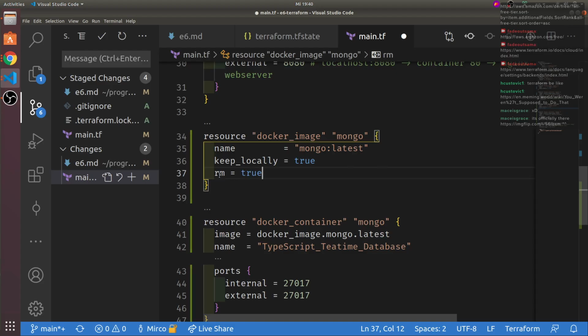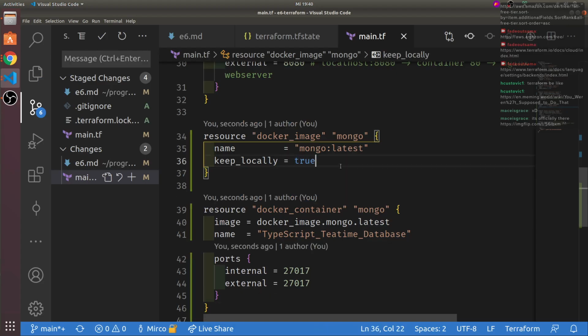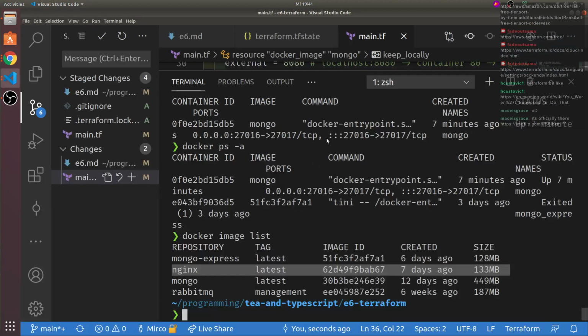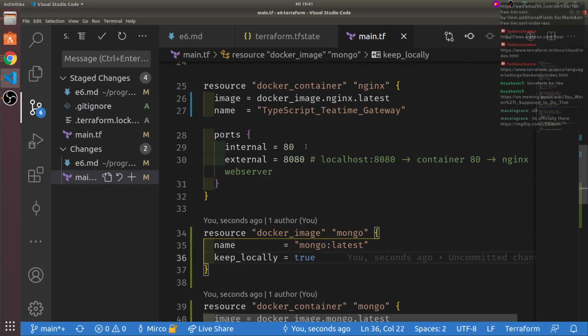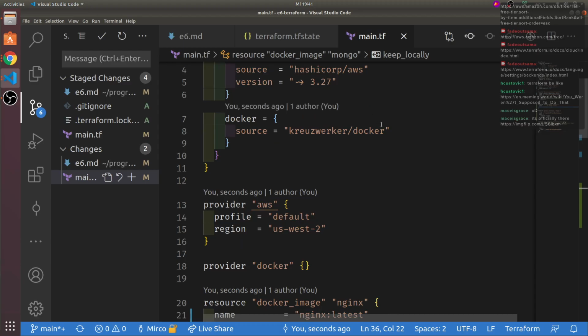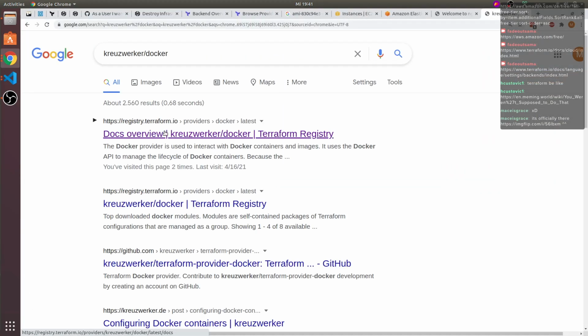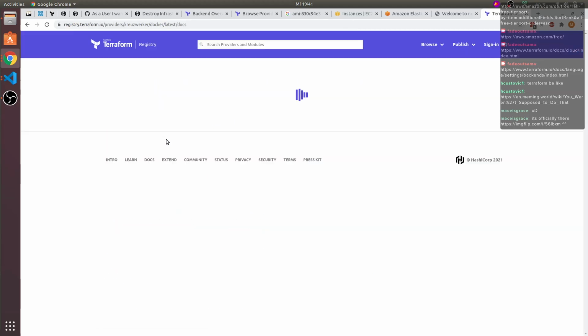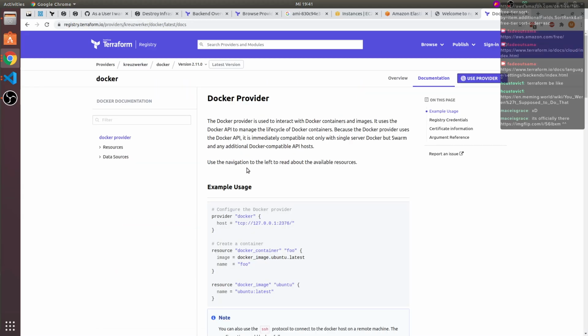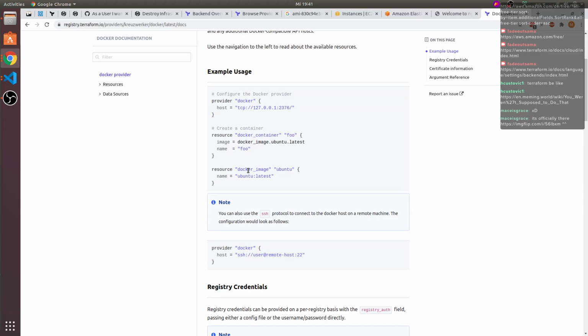True. Like remove it on destroy. But we would need to look into this provider for more specific information, and well, you can just look it up. The Docker provider uses this.